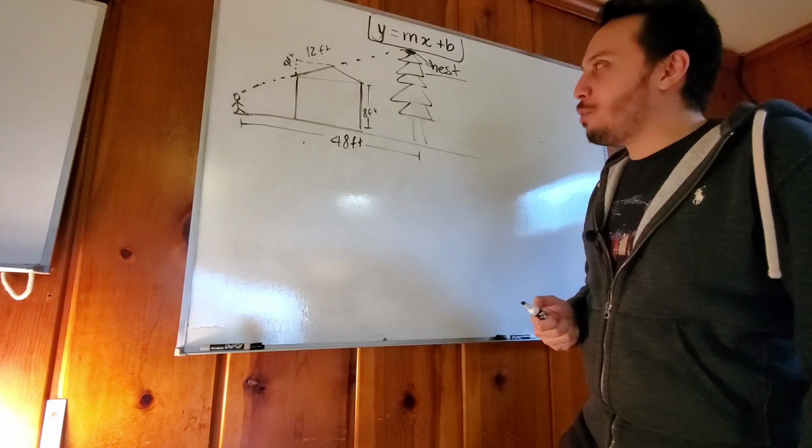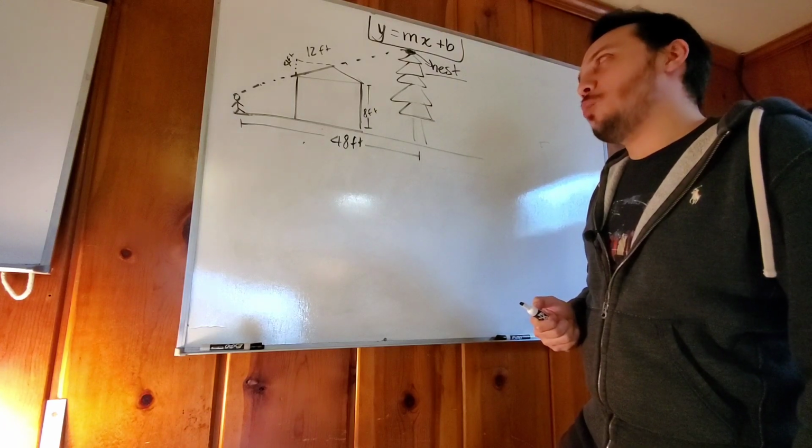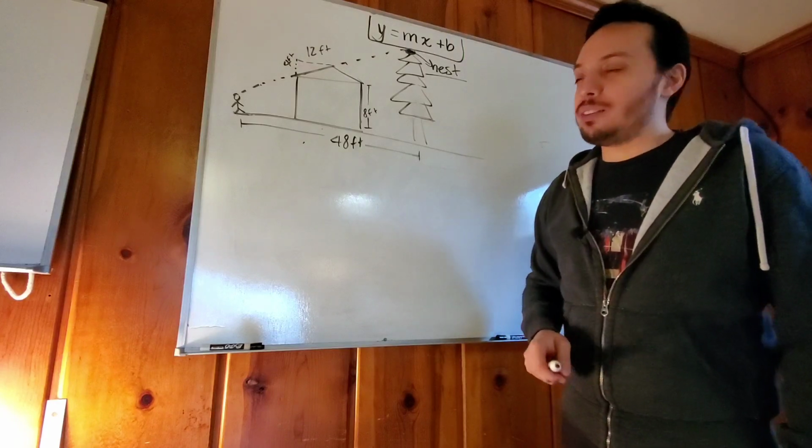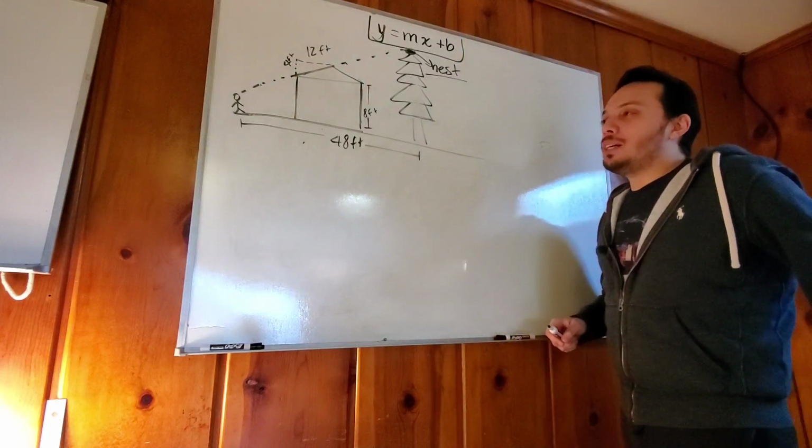Is each floor 4 feet? Or is it just a one-level house? If it was a one-level house, I would think it probably is a one-level house. I think I'm overthinking this. Anyway, so,